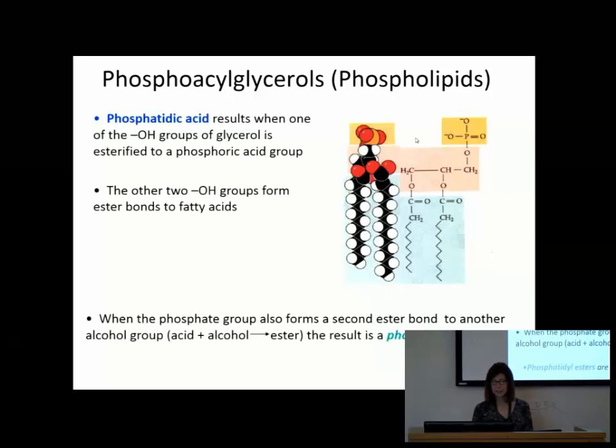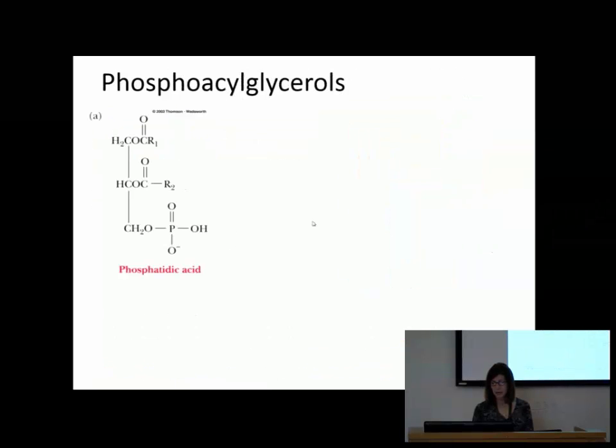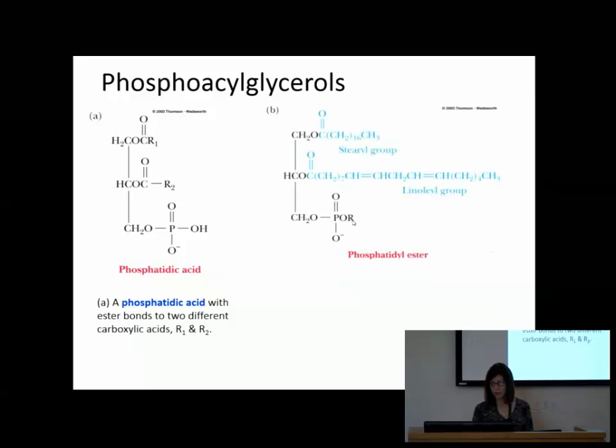We're going to put an R group here. And so that's where we have the phosphatidic ester. It's still very polar, but there's some crazy stuff we can do with that. And we can do crazy stuff with these fatty acids. It can be 2 different groups. So that's where that ester comes from. Now, let's talk about what we can put there.